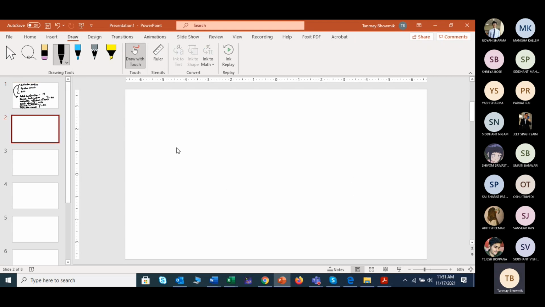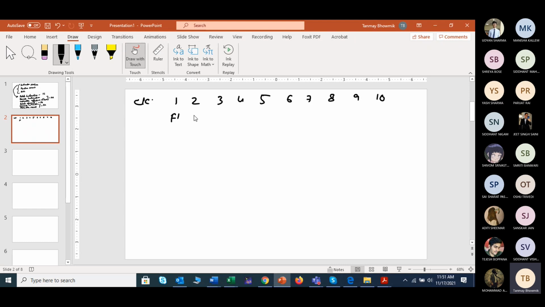Right. So now if you implement it in a pipeline system, say your clock pulses are given as 1, 2, 3, 4, 5, 6, 7, 8, 9, 10, and your steps start like fetch instruction, decode instruction, calculate effective address, fetch operand, execute. Next one again fetch instruction, decode, effective address, fetch operand, execute. So all these things you can just continue.